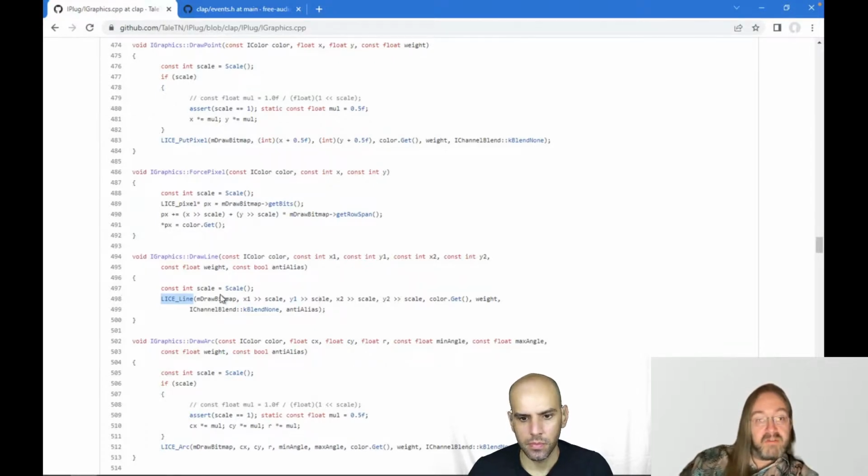The big difference is that I have to give it a bitmap, similar to the graphics dest variable in JSFX. And then it's just coordinates and some flags. So it's quite similar. Okay, so LICE is giving us some of the drawing capabilities, some of the images.